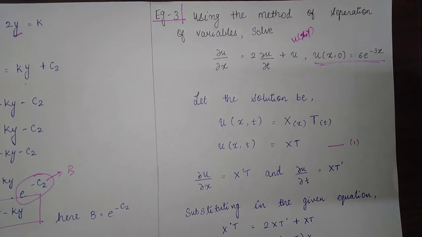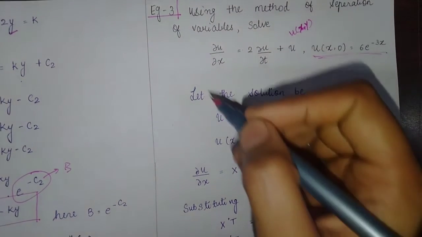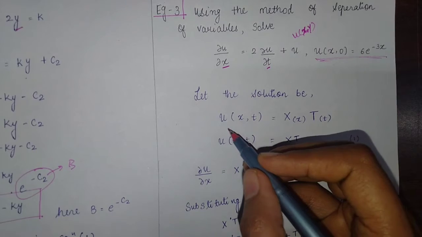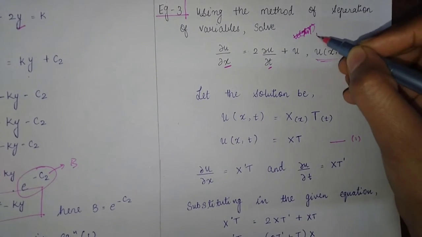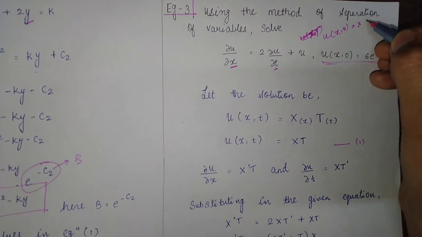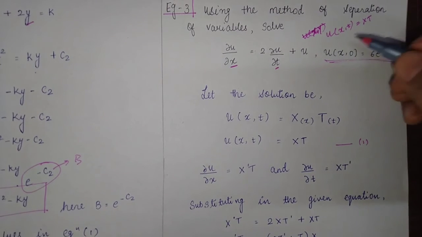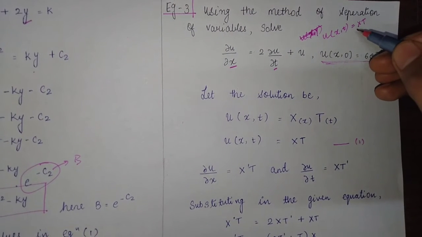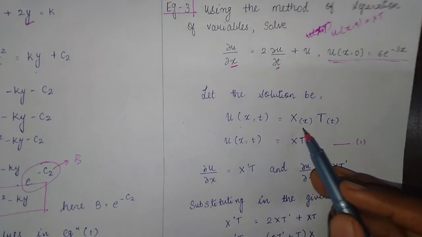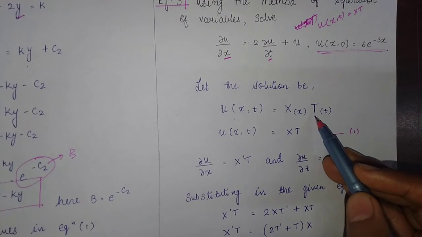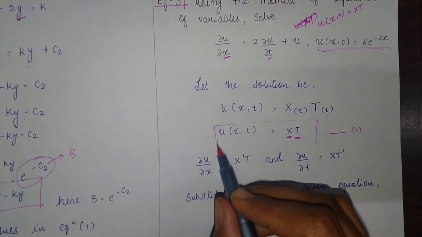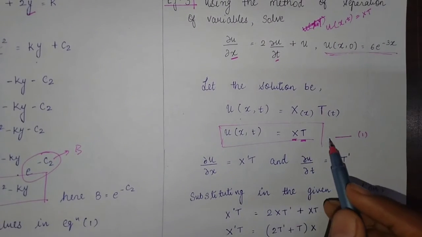So let us start. So again, now see, here we have x terms, but here we have t. So what we will write? u of x comma t. So finally, at last what we will get? u of x comma t, and that is equal to capital X into capital T. Earlier we were getting capital X into capital Y for u of x comma y, but here we have u of x comma t, then we will get capital X into capital T. So we will find capital X and capital T, and then we will put both the values in this equation, so we will get the answer.